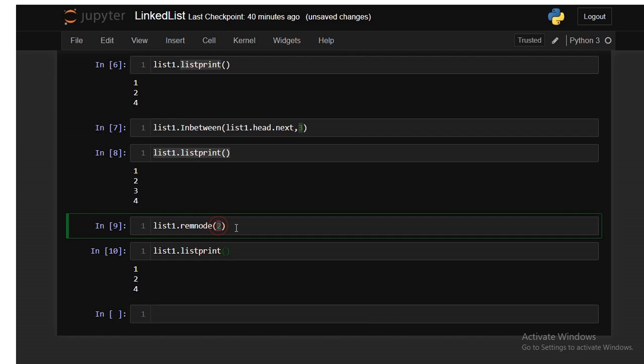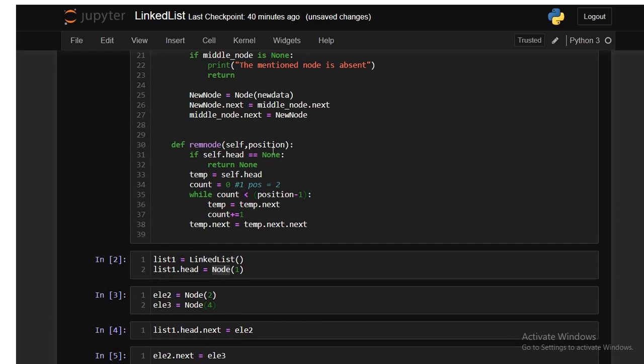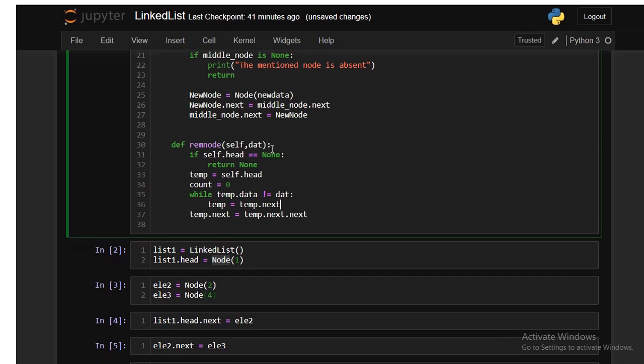We can even delete the node by its data. We just need to take care of this condition. Instead of position, if we pass data over here, and instead of using this count variable, we take: while temp.data is not equal to the data which we passed, temp equals temp.next, no need for count.